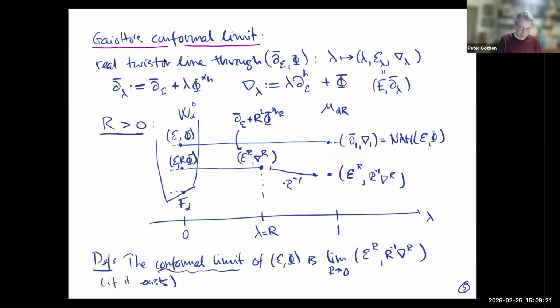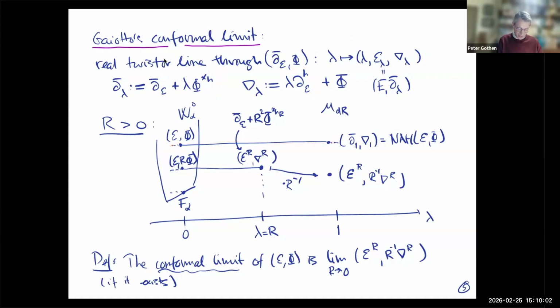You start with your Higgs bundle, and then you do more or less what we did when we wrote down the flat connection, except that you make some lambda modifications: you multiply the adjoint of the Higgs field, and you also multiply with lambda the 1,0 part of the Chern connection associated to H. When you do this, you can check that this object becomes a lambda connection. Okay, so we have here your twistor line, your real twistor line.